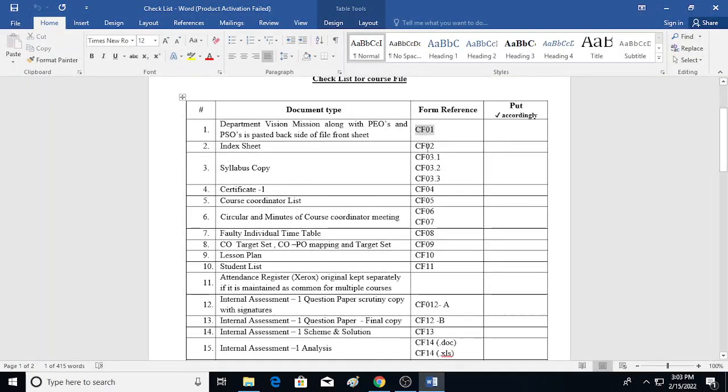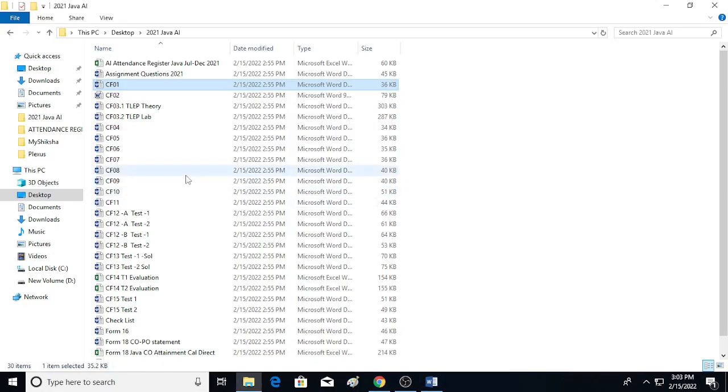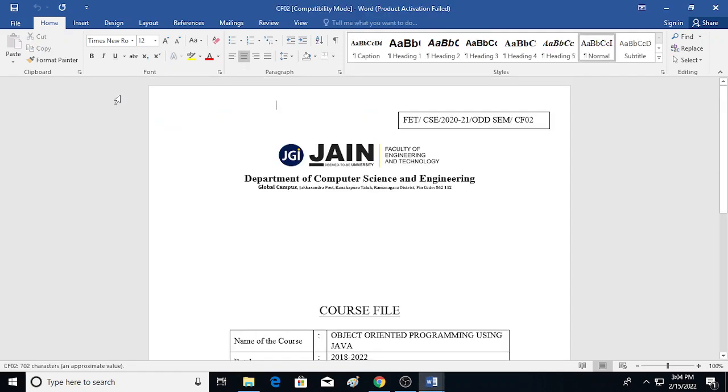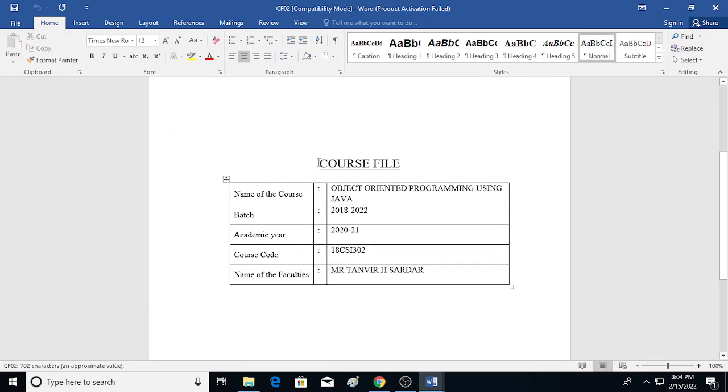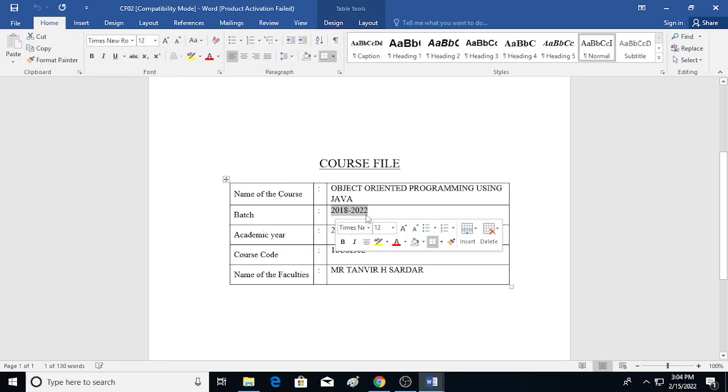Next is CF02, which should be the index sheet. This index will tell which particular subject the course file belongs to, and for which particular batch. The batch 2018 to 22 means the batch took admission in 2018 and will go out in 2022.